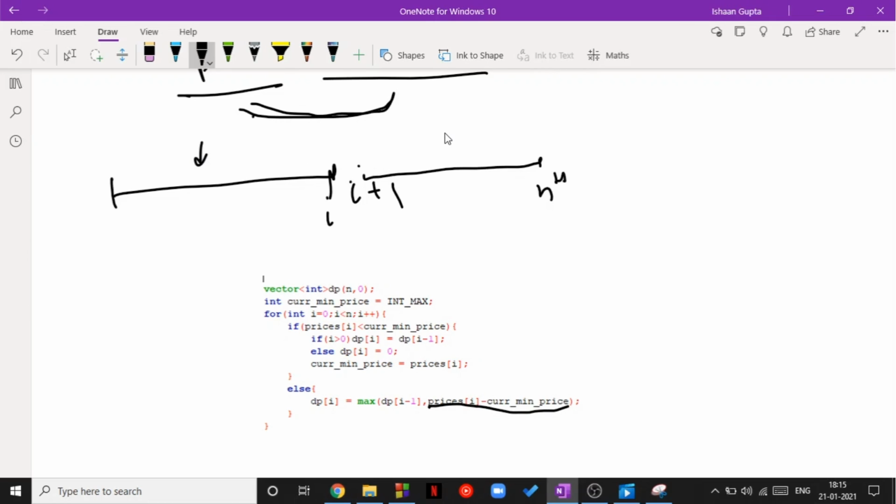Now how can we make the second part? In second part we will do exactly the opposite of this. We will iterate from nth value to the first value. So basically we will take the maximum value, and then we will check if the ith value is bigger than the current maximum or not. If it is bigger than the current maximum, then we will update current maximum, else we will assign profit of the ith value to the difference between the values. So it is exactly opposite of DP of I.